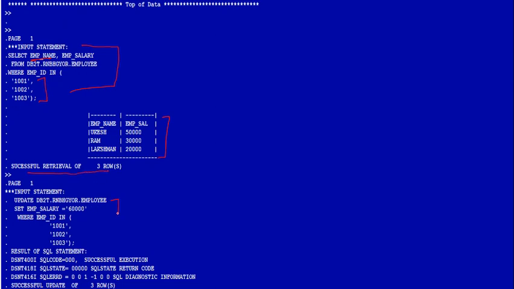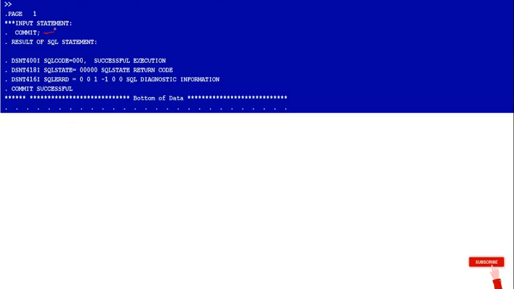Then there is the update statement, with SQL code 0 and successful update of three rows. And third, our SQL statement is commit, with SQL code 0, which means it has run successfully. If you have SQL code 0, it means it ran successfully, or you can see successful execution here also. And commit saves your update into the table.